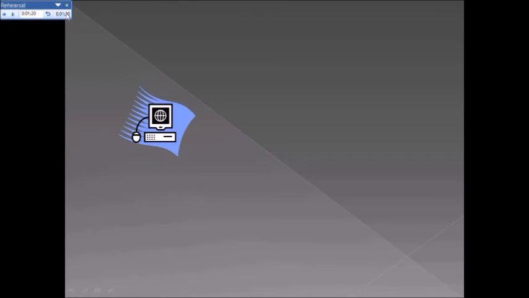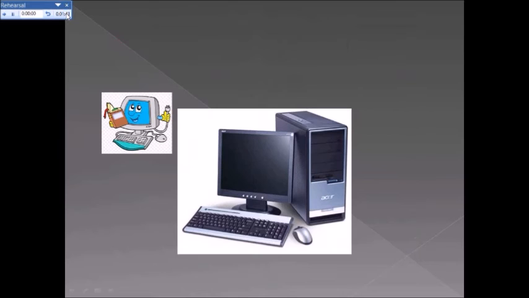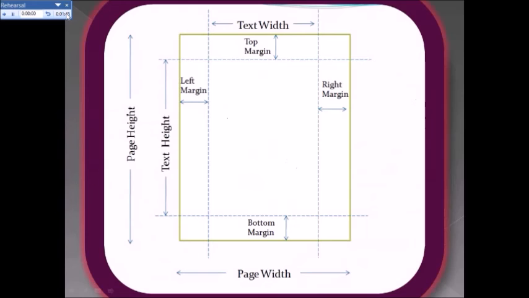We have to just click the next button when the time clock in the toolbar shows the time required for the current slide, and continue till the end of the presentation. At the end, the dialog box will appear and show the total time of that presentation in this way.